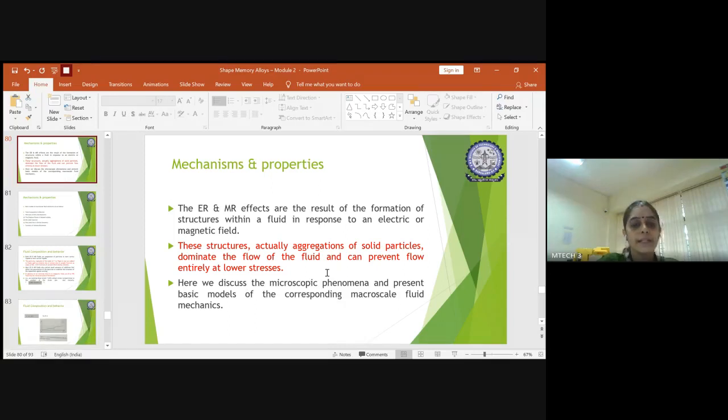So the same thing is still there, and due to this, it helps in reducing the stress, and hence the stress will be low, and the main dominant feature in the flow of fluid will be the solid particles. It could be either the ER fluid or MR fluid. In both, we will be using some particles, and those particles will be the dominant feature in the flow of fluid, and this helps in reducing the amount of stresses subjected in the fluid. So this is the second concept you have to understand.